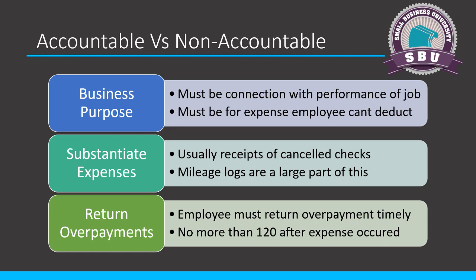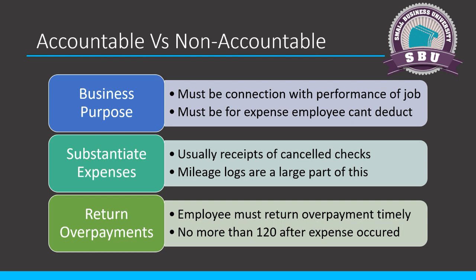On an accountable plan, the cool part is when you submit those expenses, the corporation's going to deduct them, but you do not have to take them as income in any way. So we want to make sure our plans are accountable plans. To be accountable plans, there are three rules. So follow these rules. First, the expenses must have a business purpose. So going to the movies doesn't work, nor does the cost of your kids' summer camp.